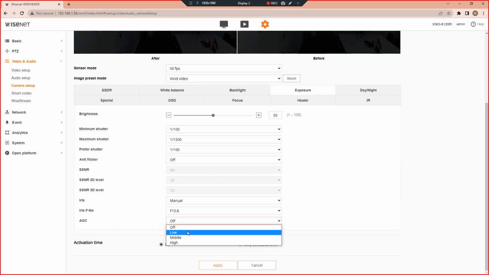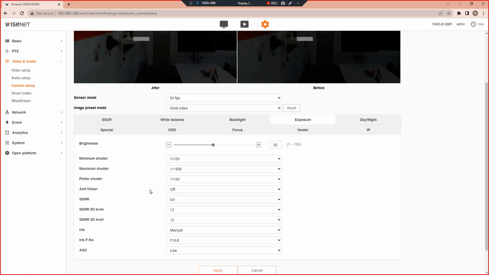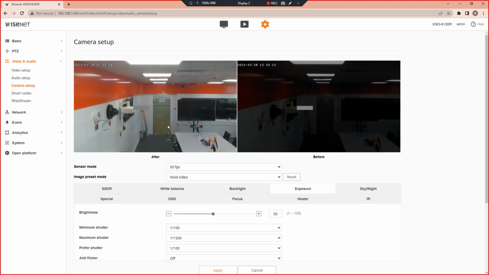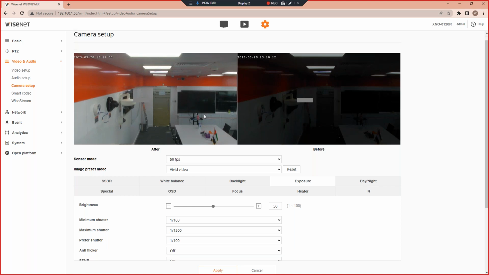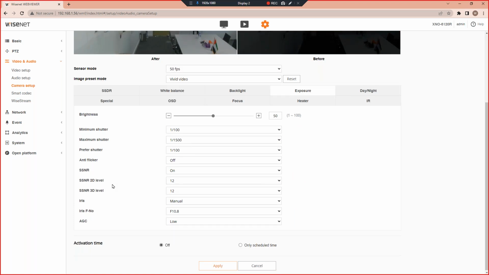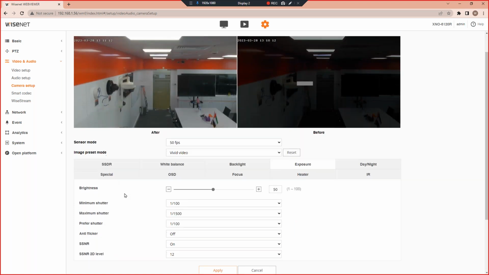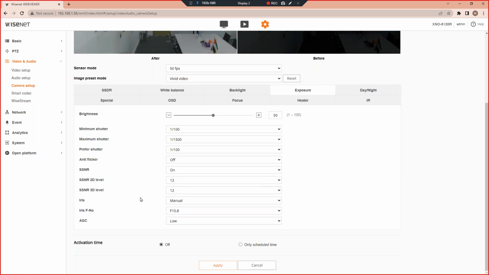But gain control can amplify that. Whatever is coming in, it can amplify and can make it as good as day. So that is the power of gain control. It can change a night situation to day. So gain is a very powerful setting, and it is always used. Almost in every CCTV you will see it is used. So if I make it high,